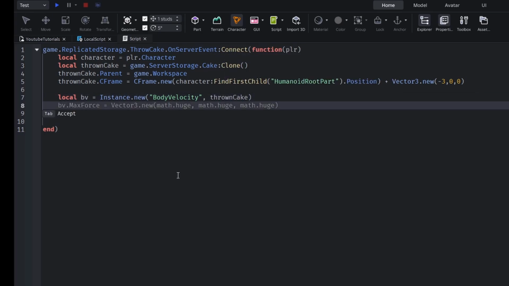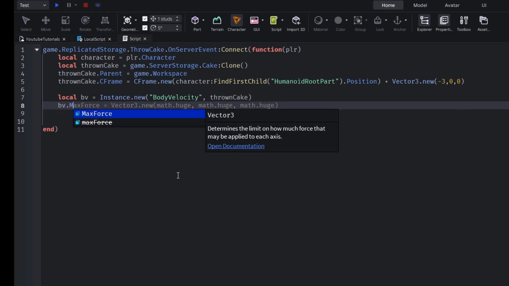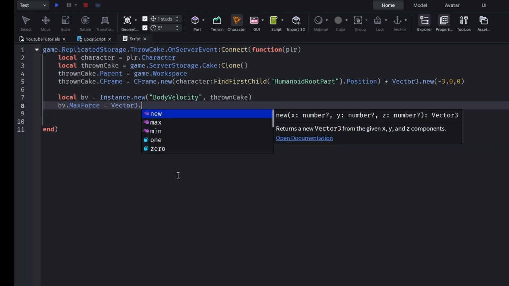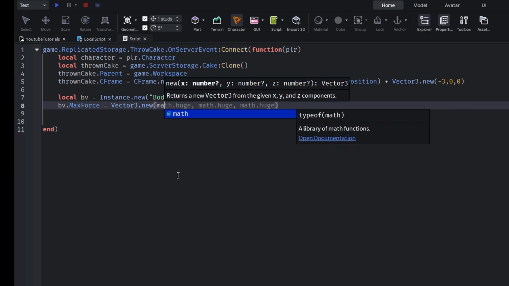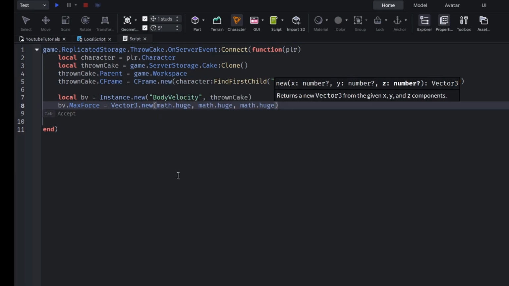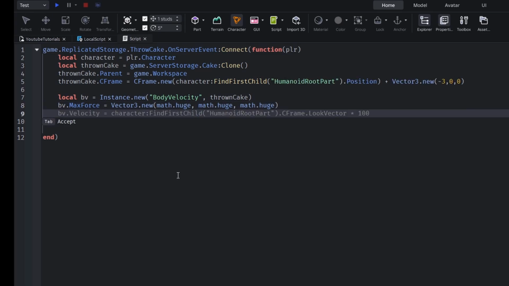And so yeah, usually I set the BV.MaxForce to a new Vector3 value because it is a Vector3 value, and we're just going to use math.huge, and like it says here, for all three coordinates, for the x, y, and z. And another thing we want to do is set the velocity as well. So we're going to set the velocity,